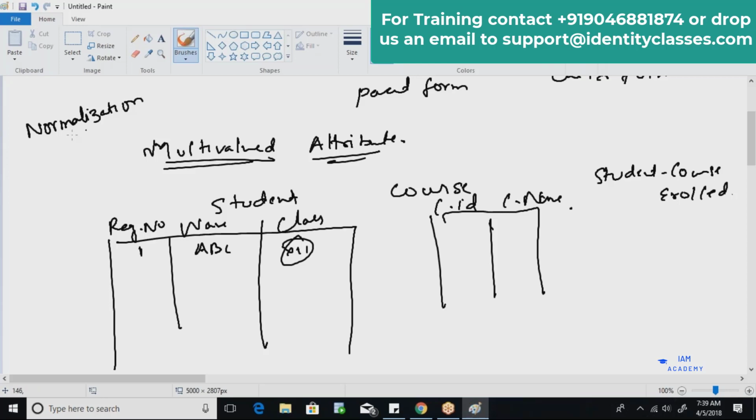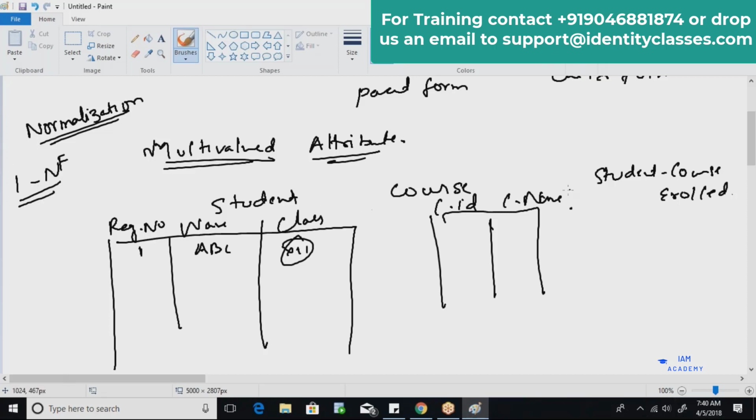Yeah. Now the concept of normalization says there are various forms, and it is basically used for reducing the redundancy of the data. In the first normal form, 1NF, we cannot store a multi-valued attribute inside a database row. Whenever it is required, you have to normalize the table into first normal form.